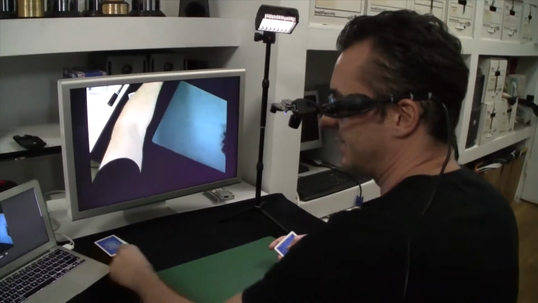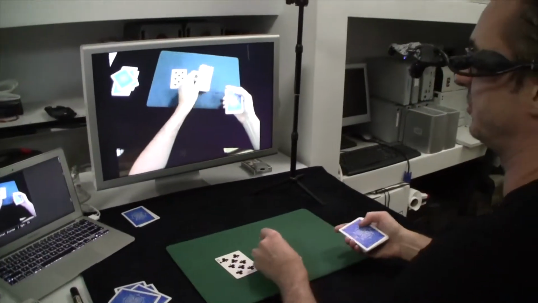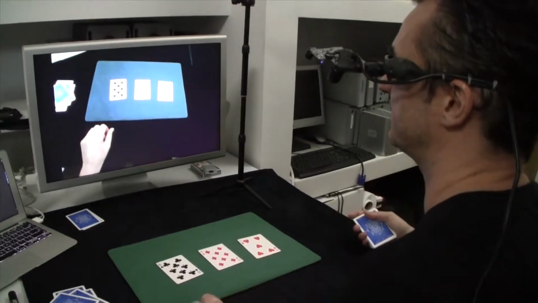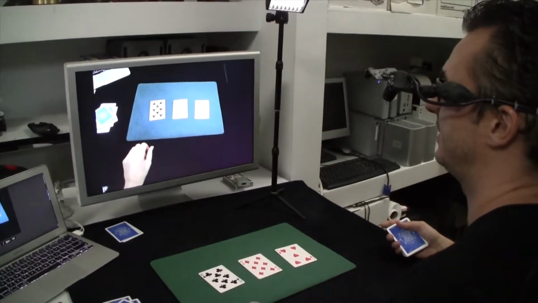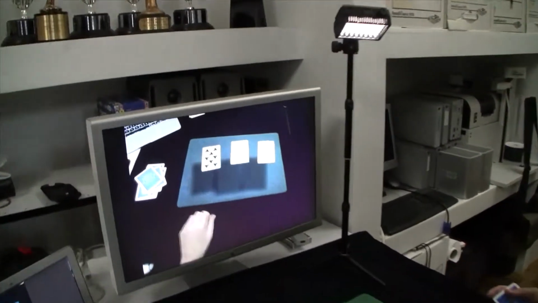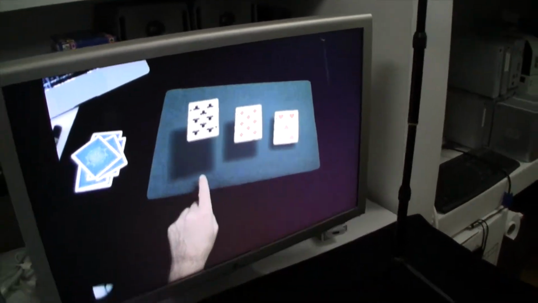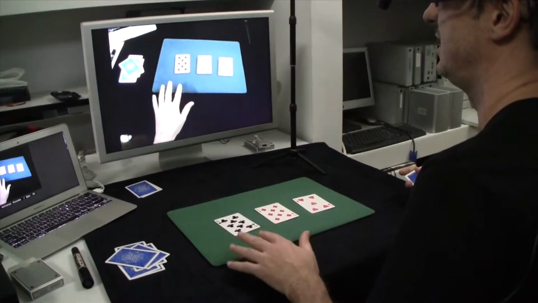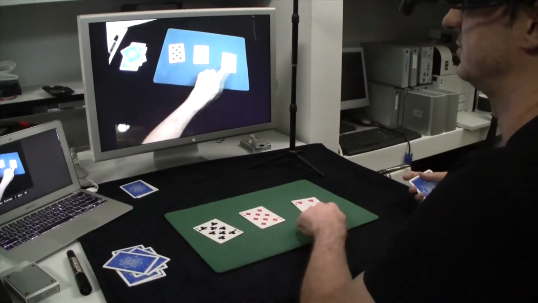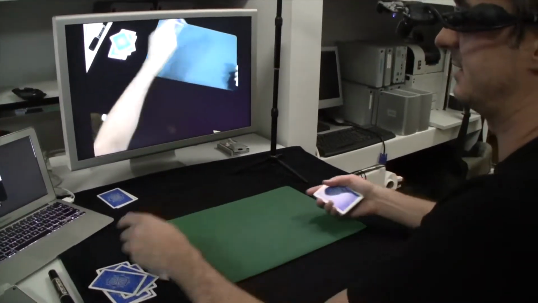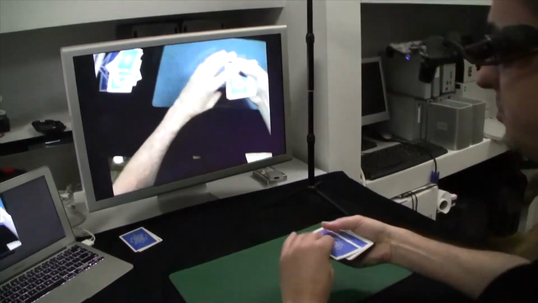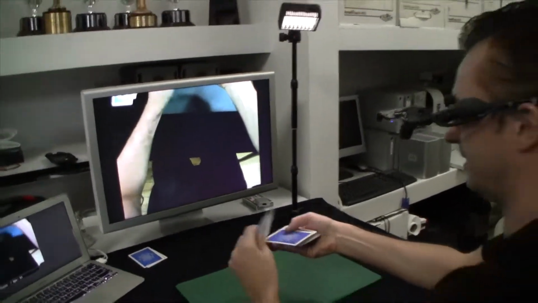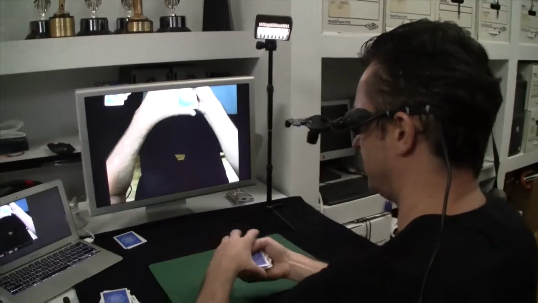Here's one I really love. These are the supernatural forces. You can put 3 cards down, and this is very cool because we do background extraction. We cover the background, photograph the cards, have them fly, and then go back to the real cards. There's one which is very cool, let me go out of sequence so this goes a little quicker.